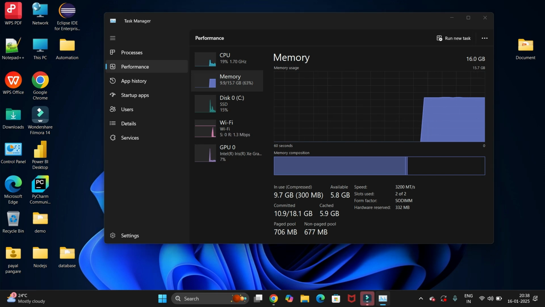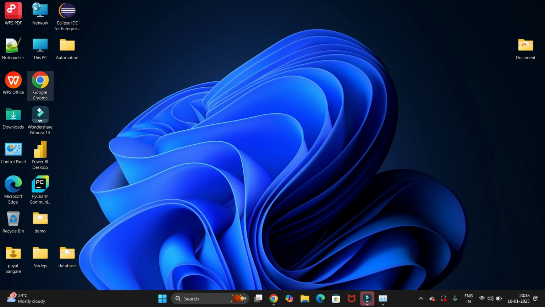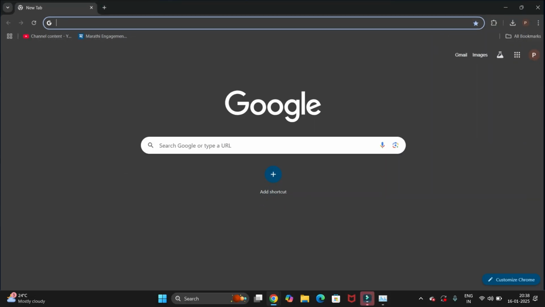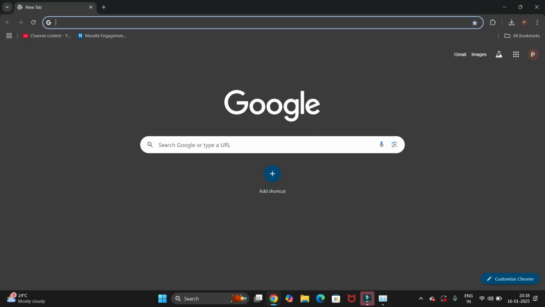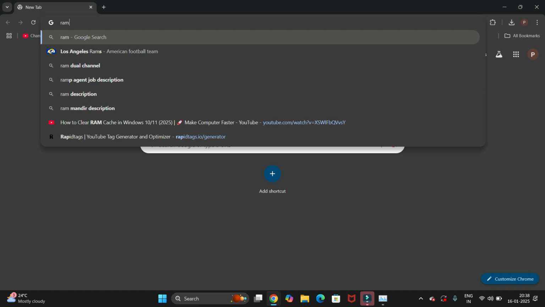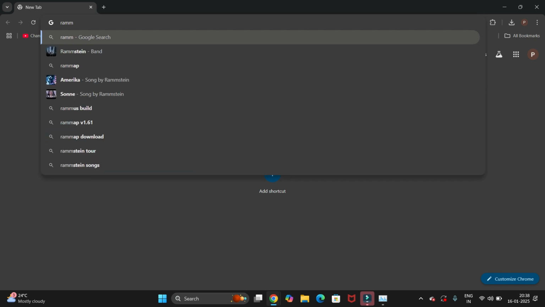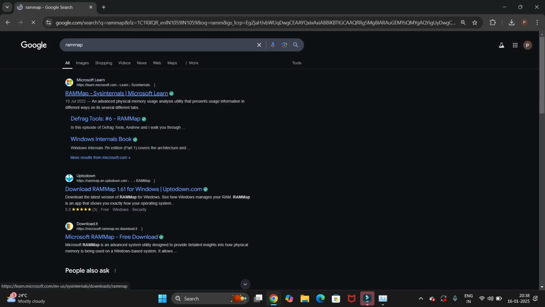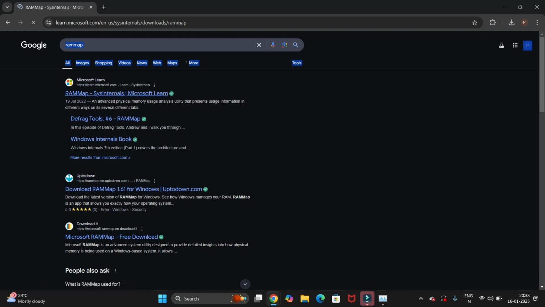So let's clear this. For that, just open the Chrome browser. There is one software or option to clear your cache. For that we need to download RAMMap. So open your browser and search for RAMMap. It is just a secure software from Microsoft itself. So you will get this first link from Microsoft. Click on that,